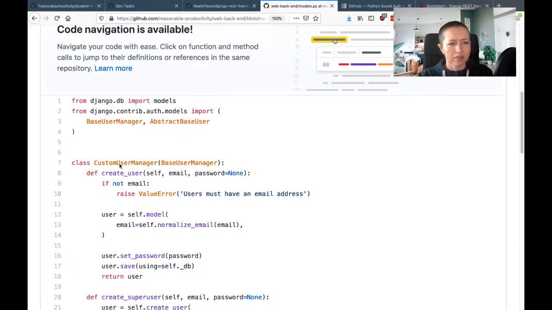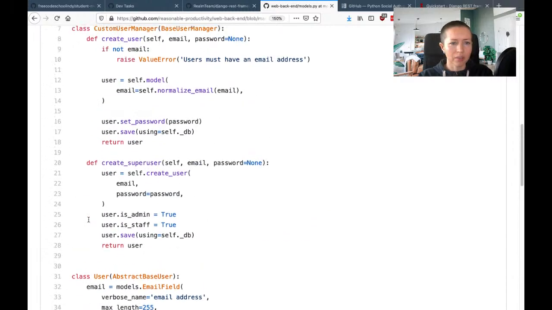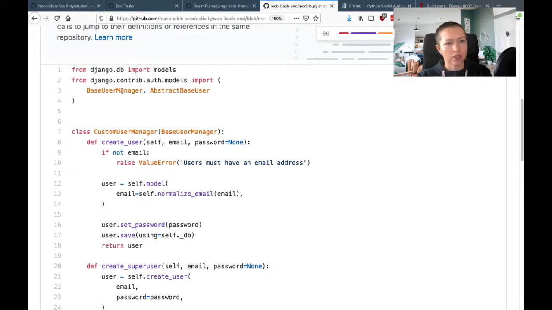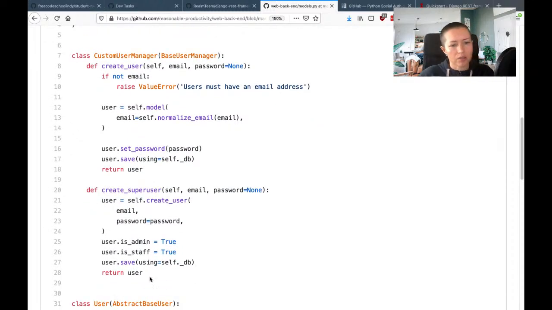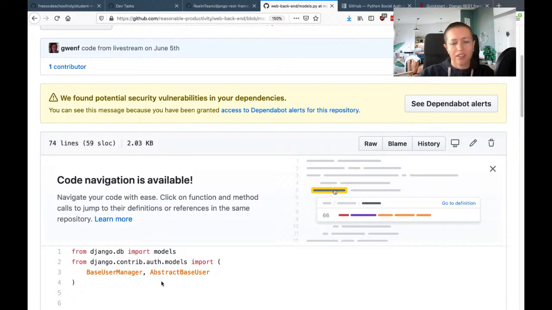So yeah, there's so much boilerplate. So I'm going to start just doing one thing at a time. So custom user manager, basically because I don't want to use username for login, I need to create a custom user manager first. Of course, that extends from the base user manager, or the class extends from that class. So let me copy the top part here and